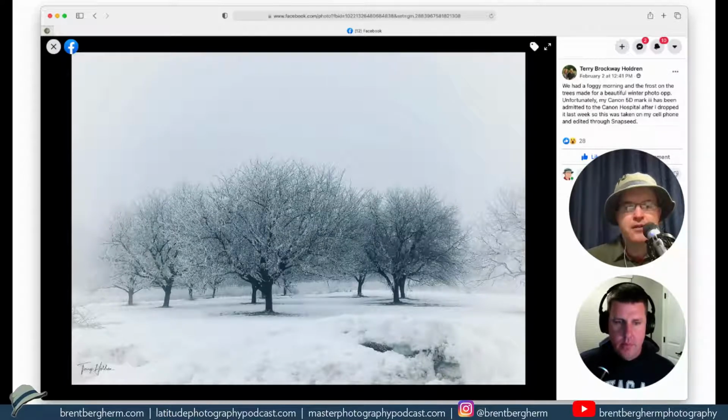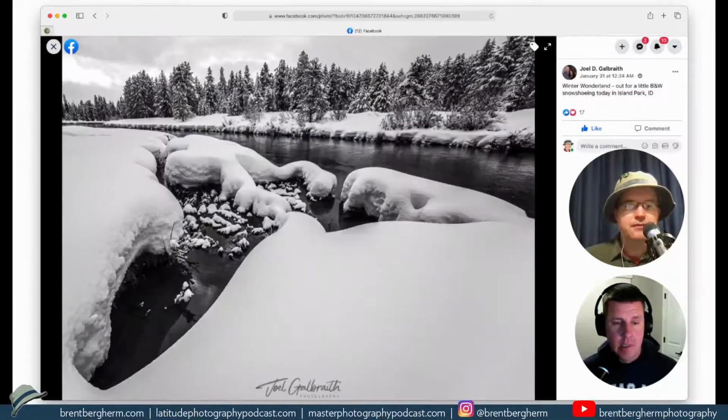And when you said you got some fogginess, I started to think that's probably some kind of reverse vignette, where we normally think we're going to darken the corners. It seems to me we have this overall vignette applied that's brightening the corners. Yeah, could be. All right, this one, there's a lot of Joel Galbraith again,